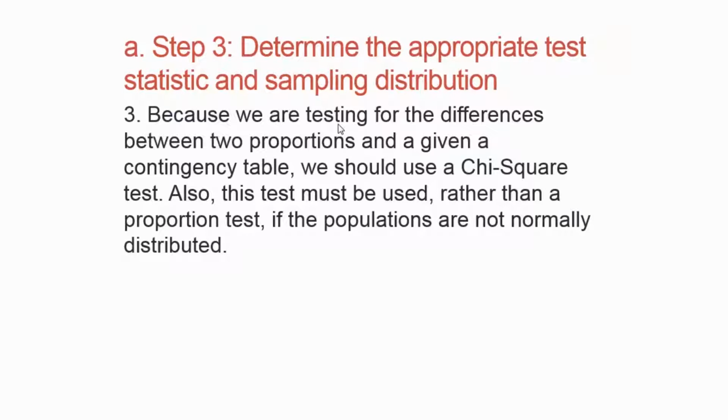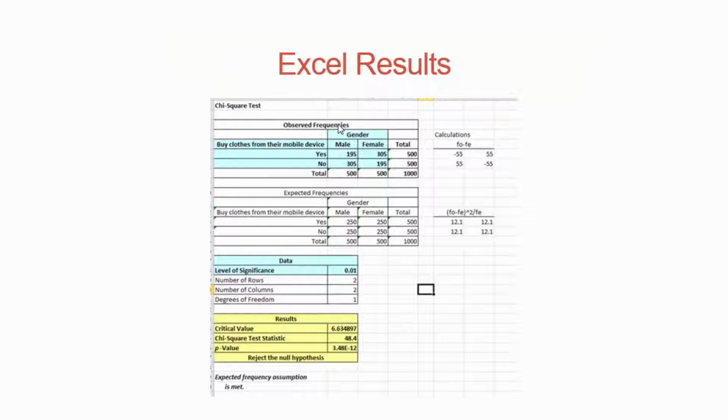So we're testing for the difference between two proportions, and we have a contingency table. That's why we're using a chi-square test. And if the populations are not normally distributed, that's what we have to use because we can't use Z proportion again. All right, here's our results. And this is our